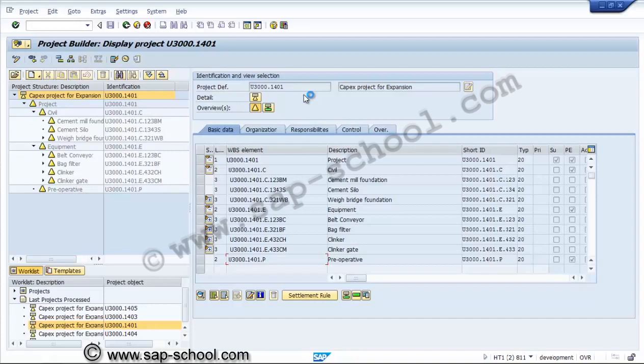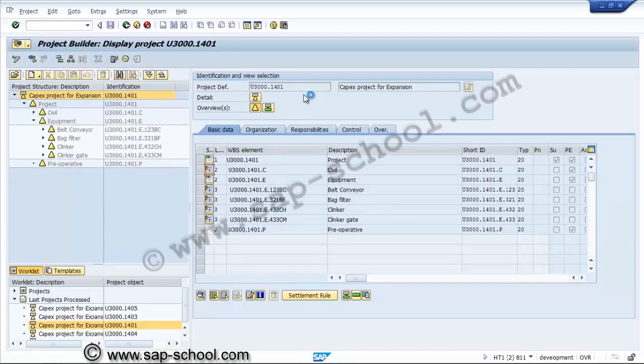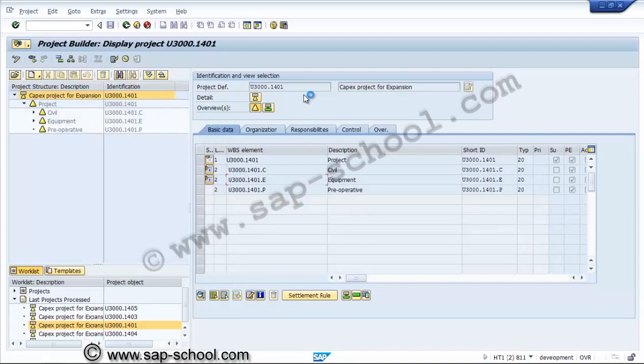We'll create the network for second level WBS elements only, and we'll assign the network to second level WBS elements. System will not restrict to assign a network at any place, but logically the number of network activities will be restricted to a particular number.